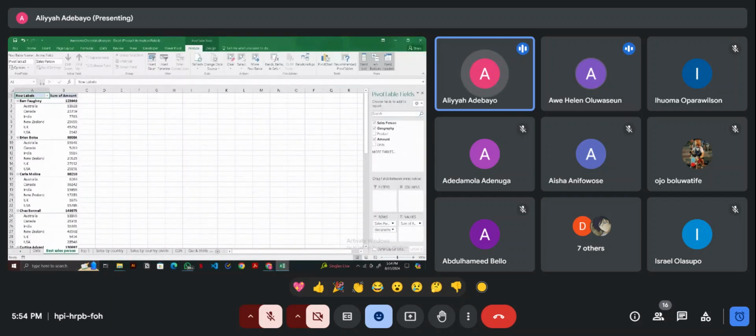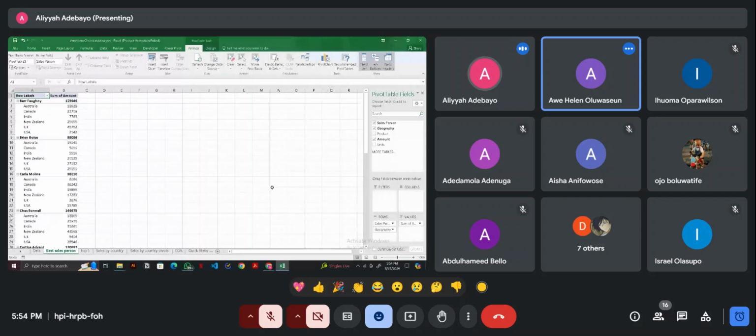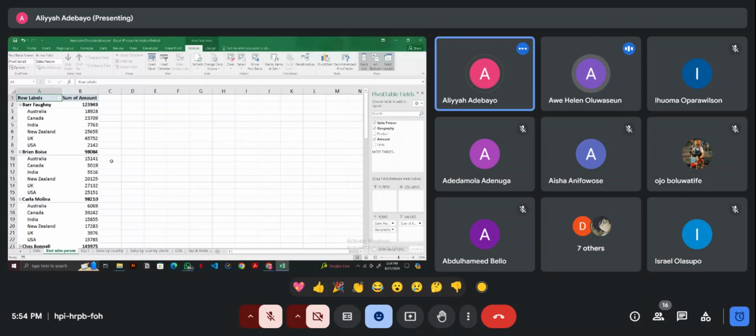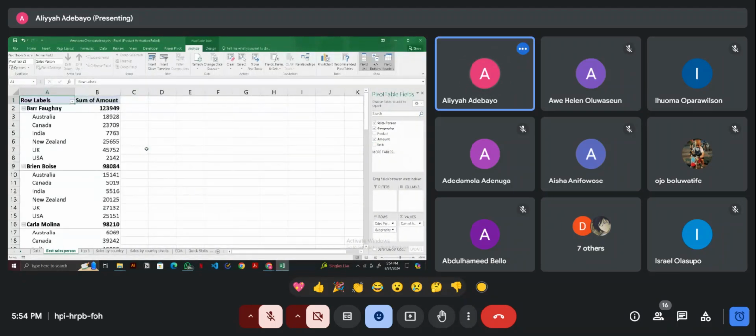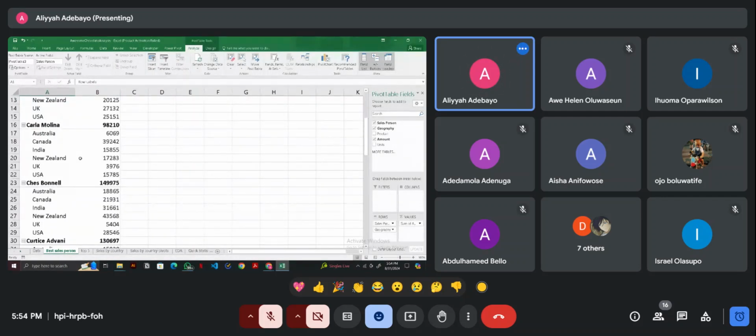So here we can see that. Okay, sorry. So what I did was I added sales and geography to the row column and my amount to the value column. So we can see that Barfogni sold this total amount, and we want to see the